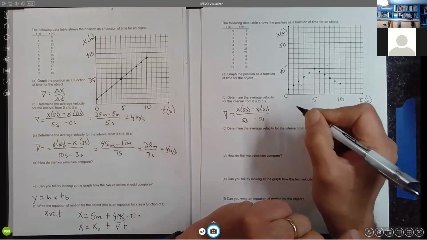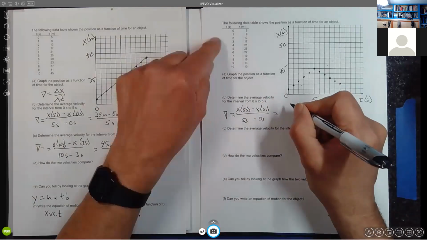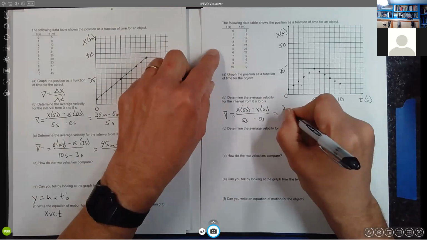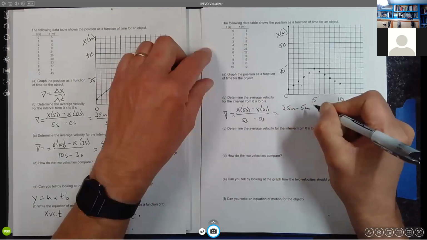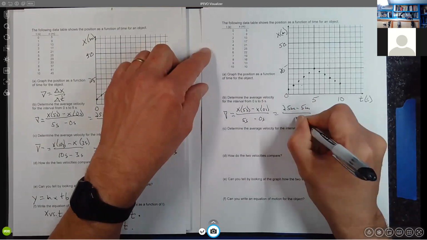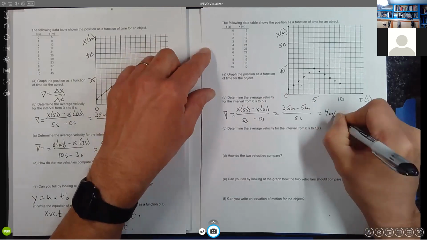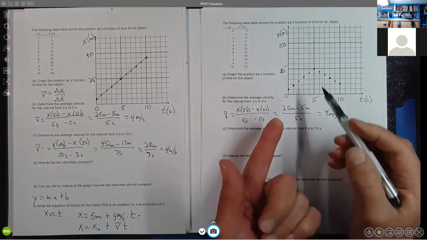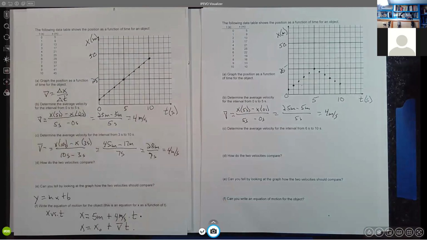I think the data is exactly the same as what I had for the last graph, but it'll be 25 meters minus 5 meters, that's where it was at 0, divided by 5 seconds, and I get 4 meters per second. That's no surprise. For the first 5 seconds, the data is identical to what I had on the first page,